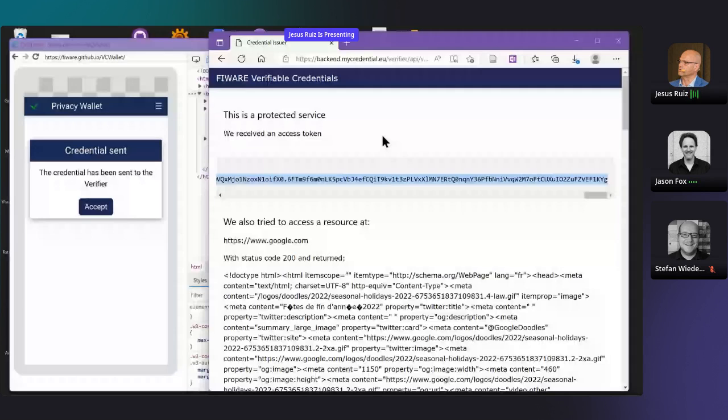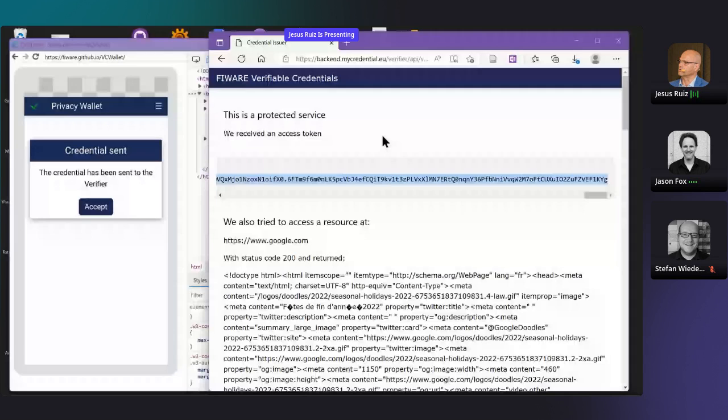And this access token is the one that has to be used for accessing protected resources. The same would apply in a machine-to-machine scenario. The machine has a credential, which is long-term, and then you have to present the credential to get an access token from somebody, and then this access token is the one that is much more efficient than using verifiable credentials,